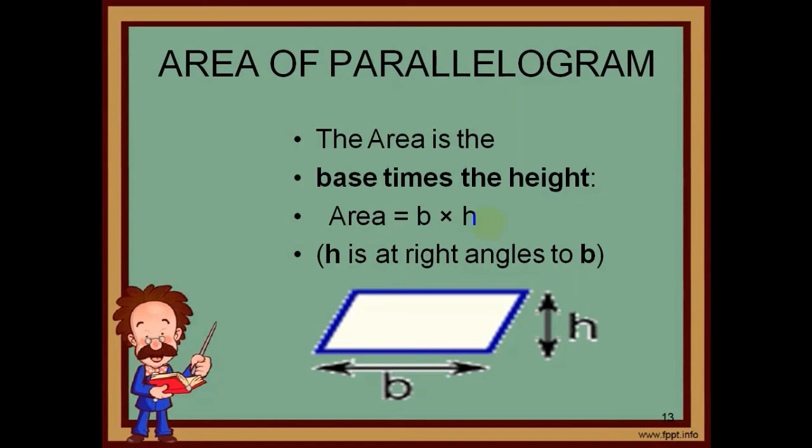In a square, the lengths of all sides are equal and the measure of each angle is equal, which is 90 degrees. Similarly, in a rectangle, the lengths of the opposite sides are equal and the measure of each angle is 90 degrees. In a parallelogram, the lengths of the opposite sides are equal, opposite sides are parallel, and opposite angles are equal, but it is not necessary that they will be 90 degrees.